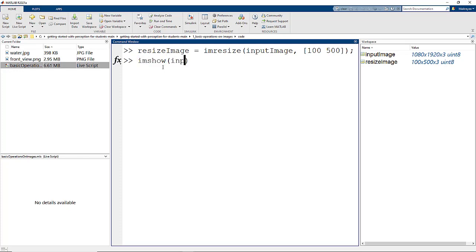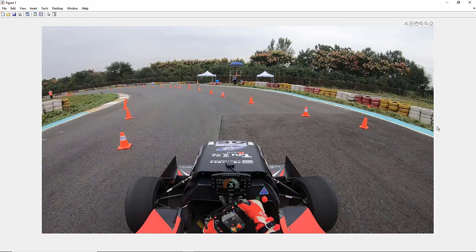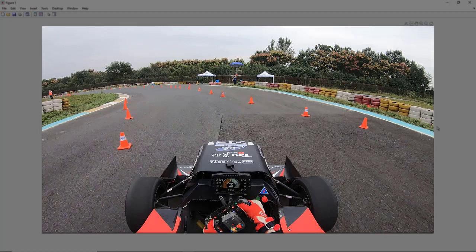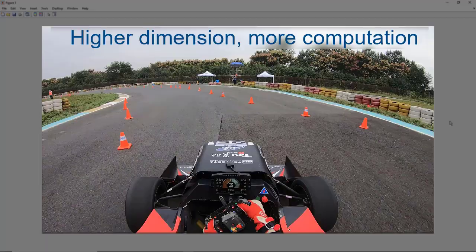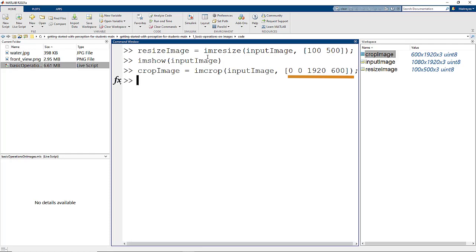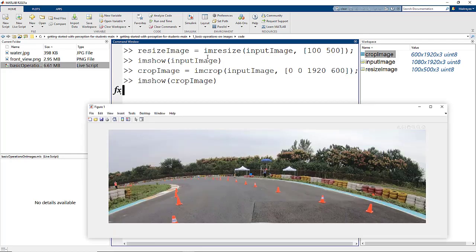Now let's say you are interested in working only on a specific part of the image. From this image, you just need the view of the road and want to eliminate the part that's the driver and the car. Instead of using this specific part of the image, if you use the entire image, you would be using more computational power. For situations like these, you can separate the part of the known area by cropping your region of interest. We'll use the imcrop function to crop only the part that we need.